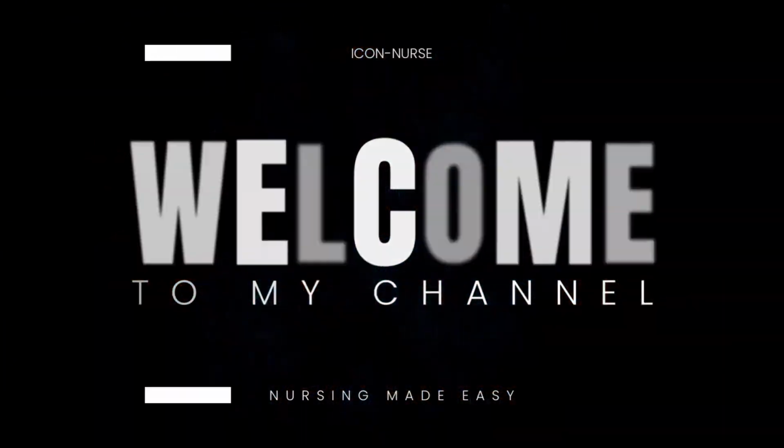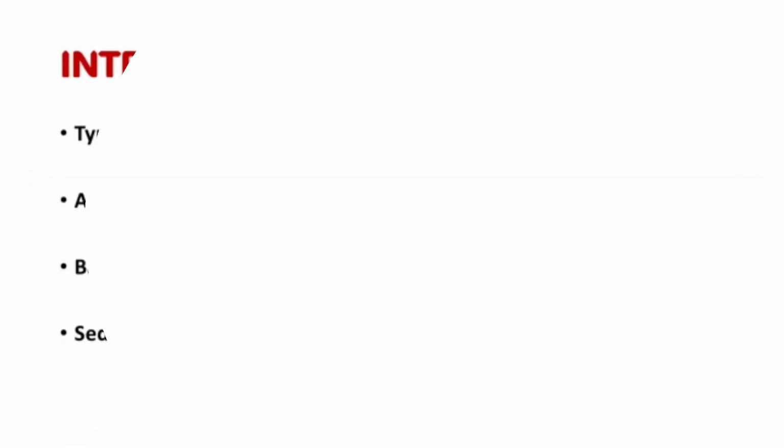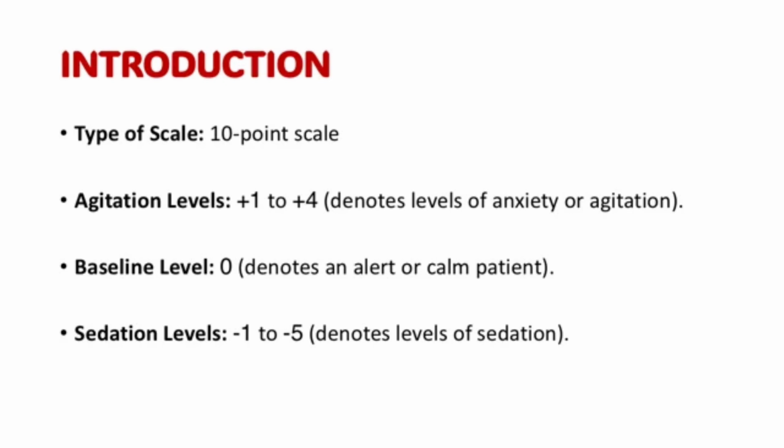Today we are going to discuss a very important topic, that is RASS, Richmond Agitation-Sedation Scale. Okay, so this we are using for ICU patients. Let's begin. RASS, Richmond Agitation-Sedation Scale, it's a 10-point scale in which the score range goes from